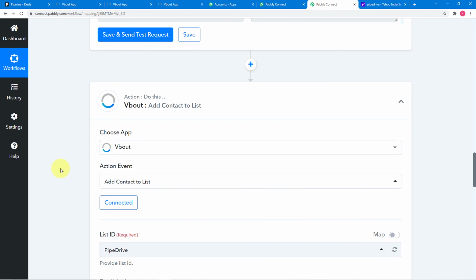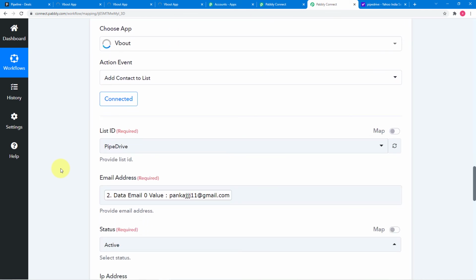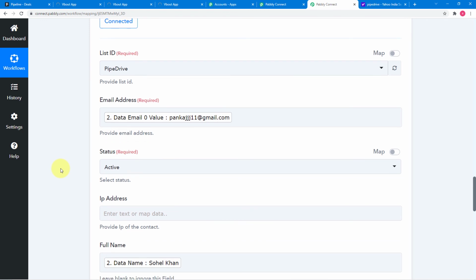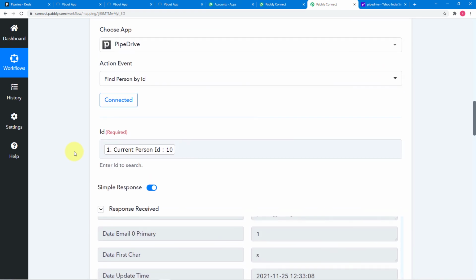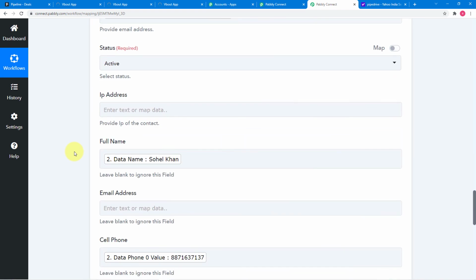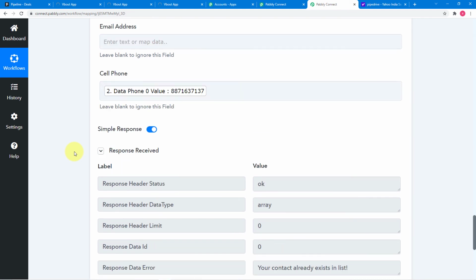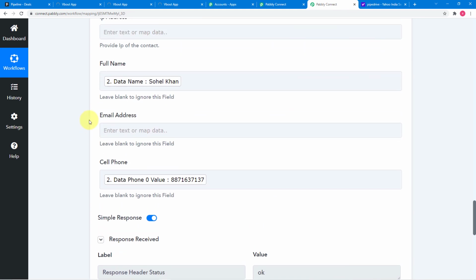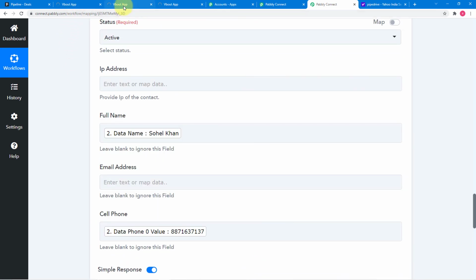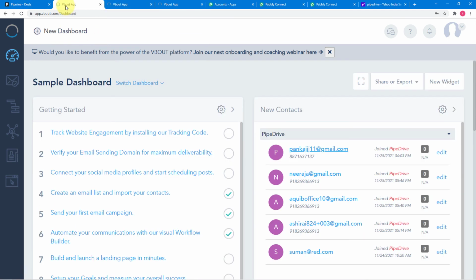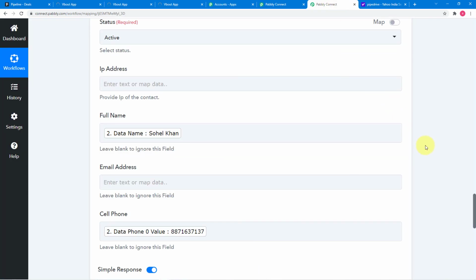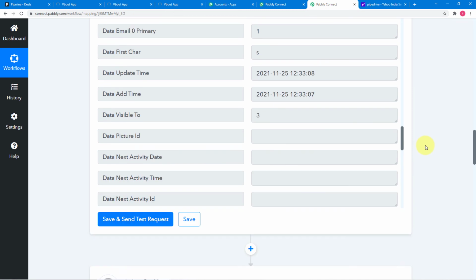Then we connected the VBout application to create a new contact, and we mapped the details of the person who was first in Pipedrive. When I clicked on save and send test request, you saw that the same person got added as a new contact in this Pipedrive list, right? So the workflow is completed.